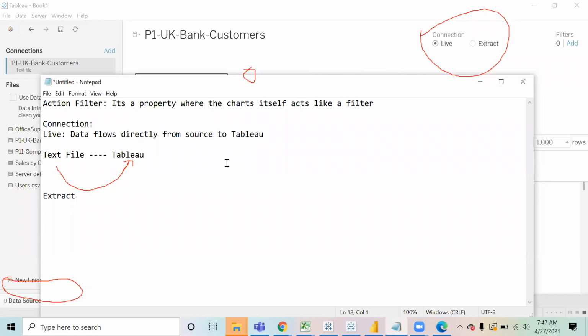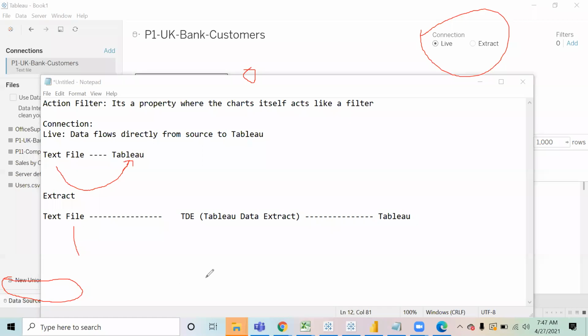But if you choose the option of extract, what will happen is you have a text file, and data from the text file will come into a Tableau data extract, TDE. And from this extract, the data will come to Tableau.